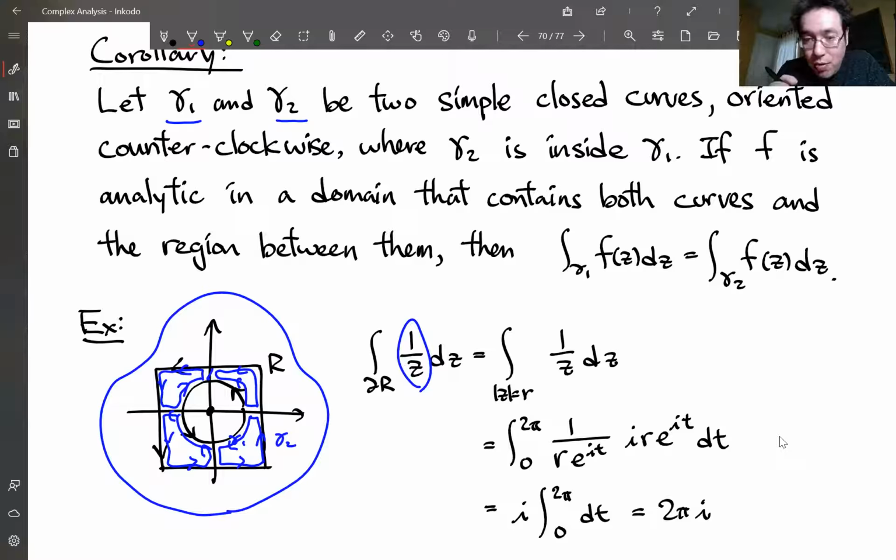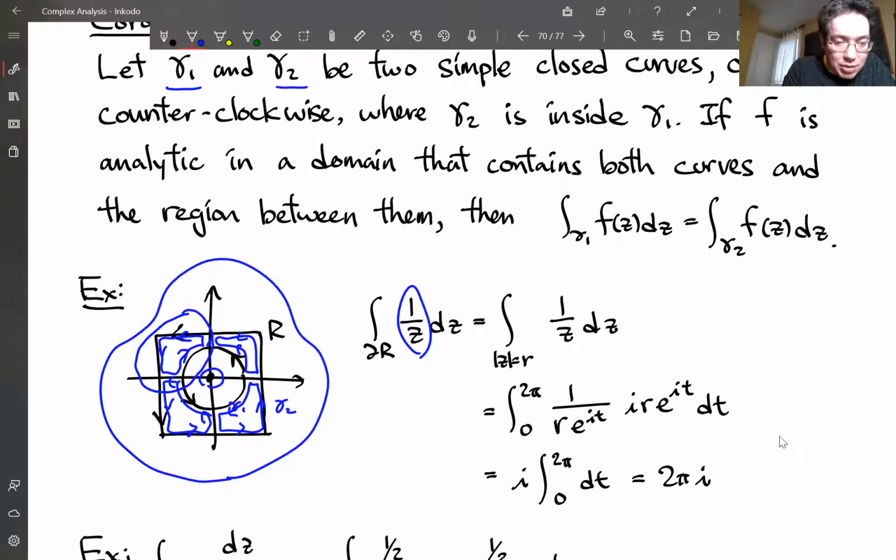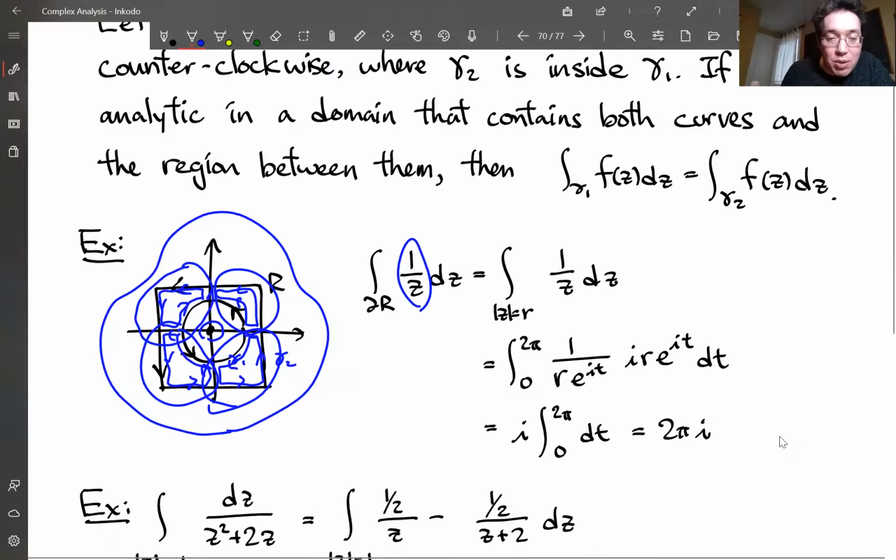These 4 curves are defined on a simply connected domain, right? So you could define it in this domain while avoiding the hole at the origin. So that means that the path integral on that small segment is equal to 0, because now we can use Goursat's theorem and the fundamental theorem of analytic functions. And you could do the same thing with all 4 of the pieces. All of those path integrals are 0,